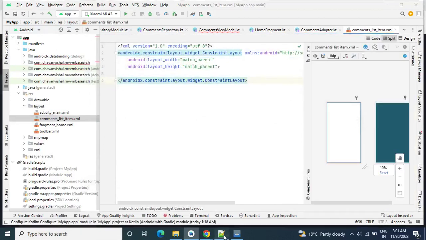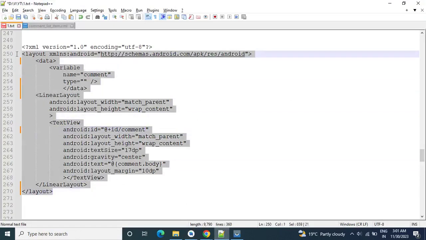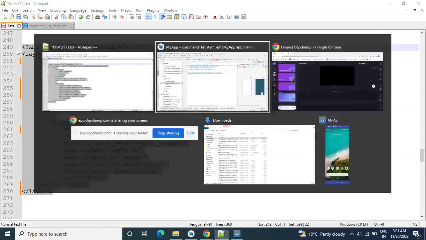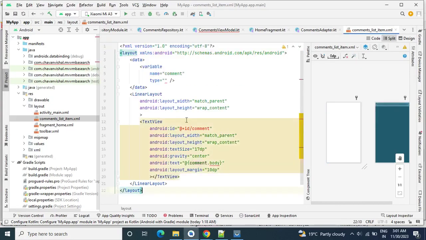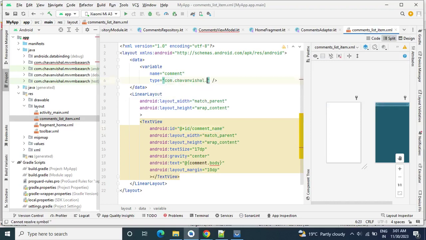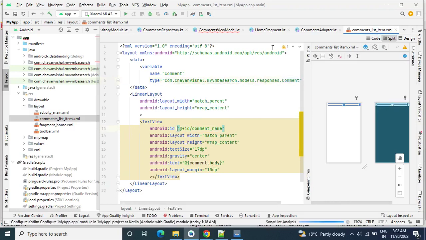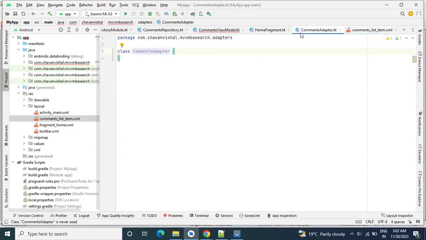Again, let me copy paste the code from my Notepad++ file. So here I have pasted the code, comment_name, let's say here com.model.response.Comment. Okay, so this is our XML file.